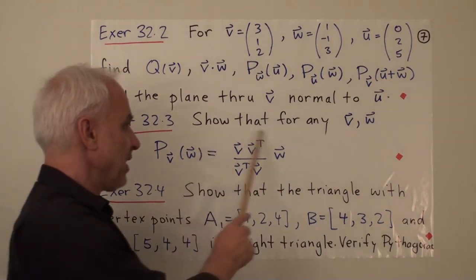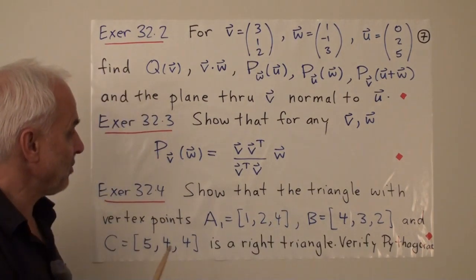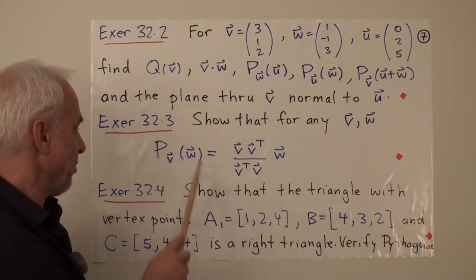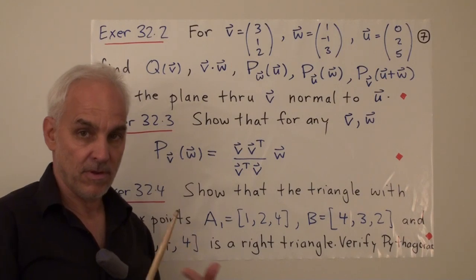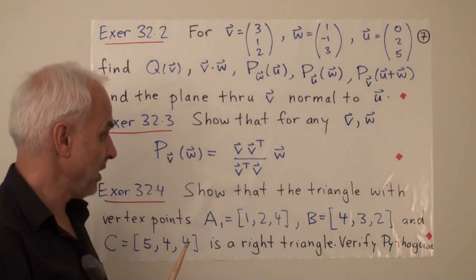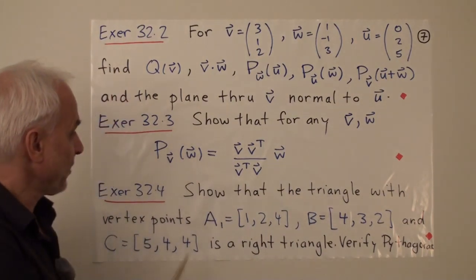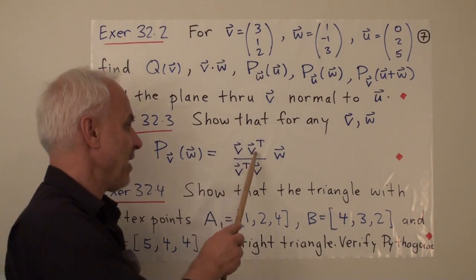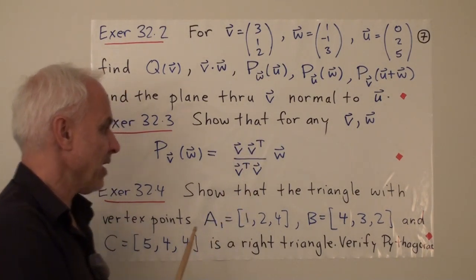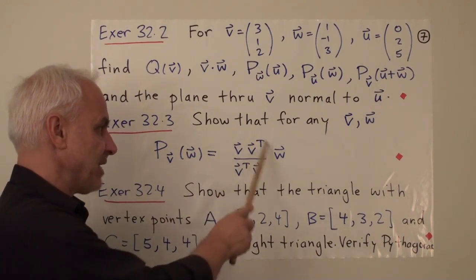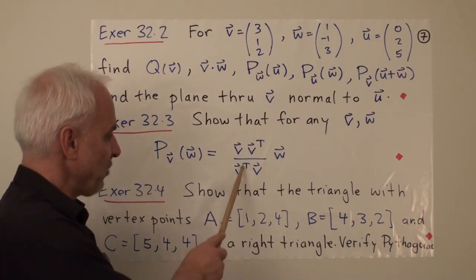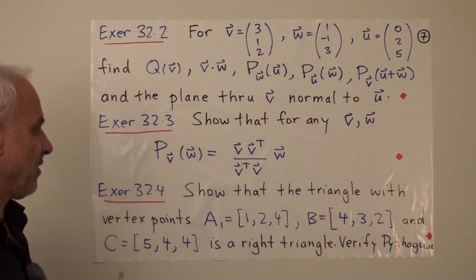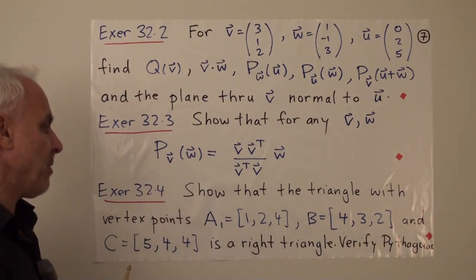Next exercise, show that the formula that we derived in the planar case for the projection still holds here. A kind of matrix formula. We're interpreting all of these vectors now as column vectors or matrices. Then show that for any v and w, the projection of w onto v is given by this formula here: v times v transpose, so that's a column vector times a row vector, so that's actually a matrix, divided by v transpose times v, that's actually a number, and w is just the column vector or the 3x1 matrix.